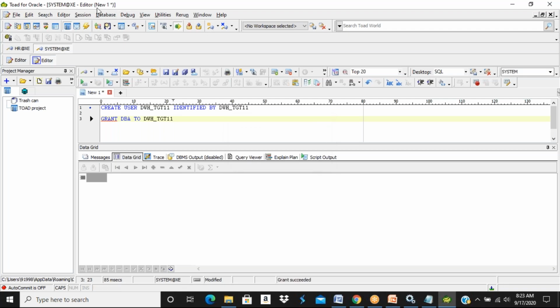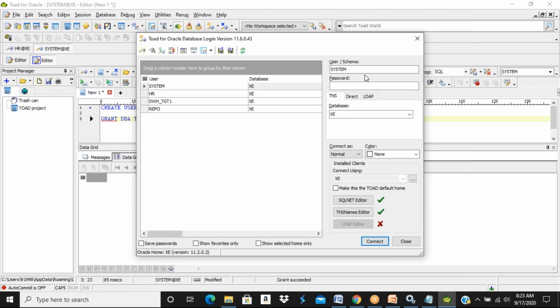Now let me connect to the user I created. I created a schema, or a user, or a target system with this name, and the password is also the same. Click connect.